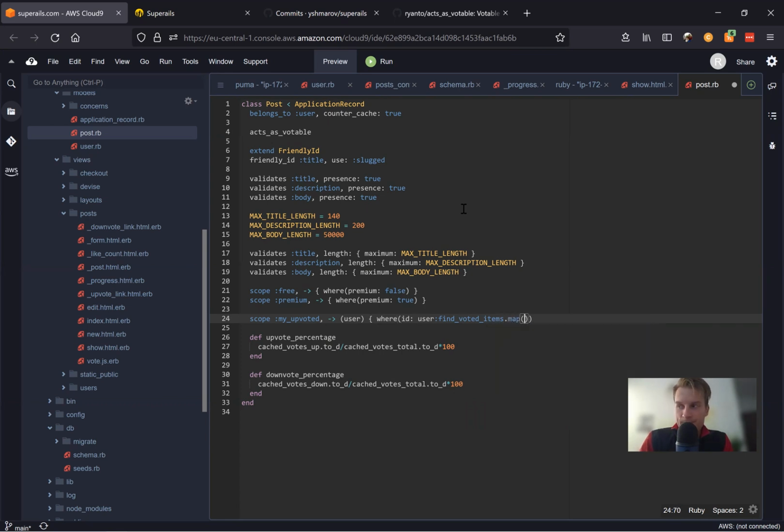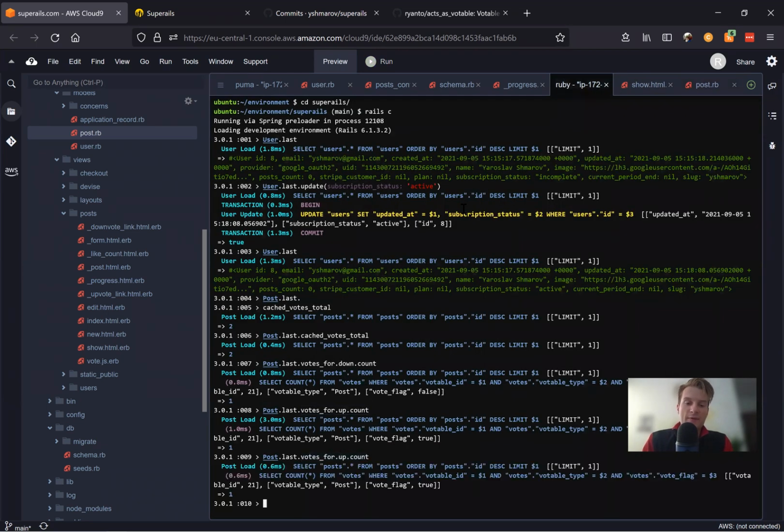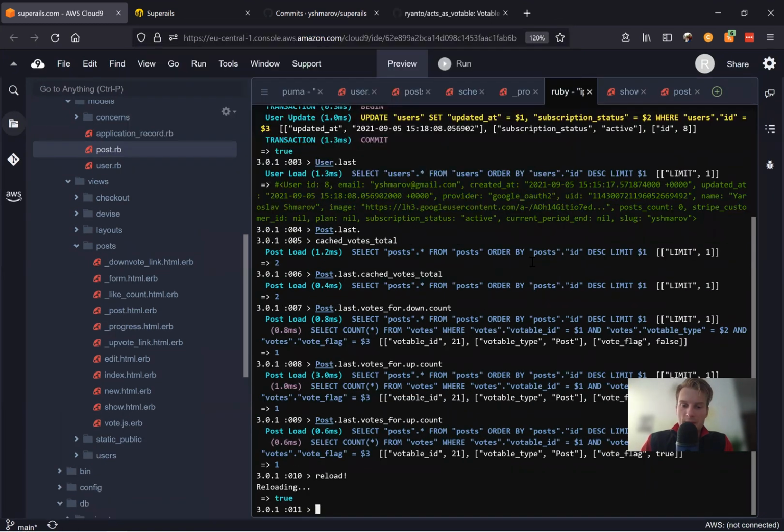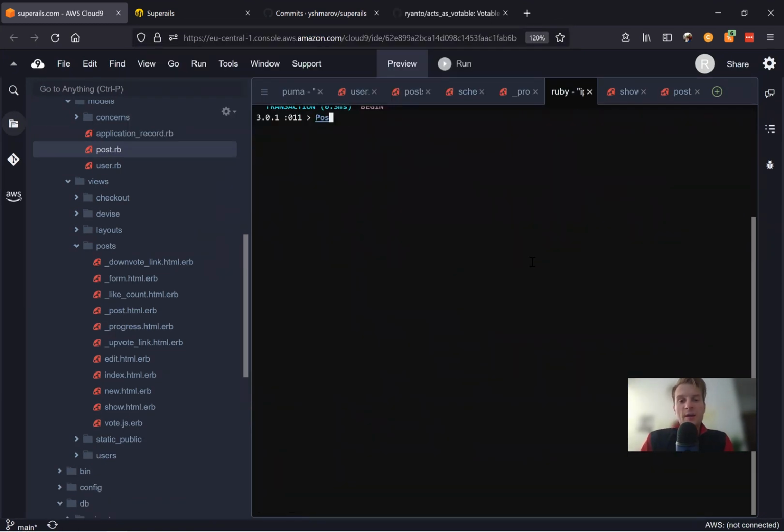map, and ID. Okay, so if we have such a scope, we can run a command like Post.my_upvoted and get a user ID. Let's say we will reload. Okay, I reloaded the console and I will say Post.my_upvoted and say User.last,